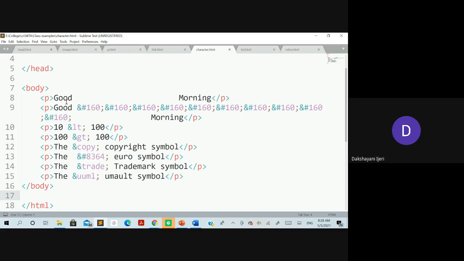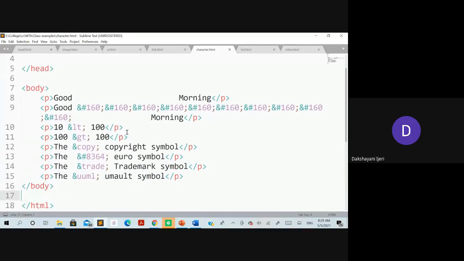In that case, one way is to use either the entity number or the entity name. Here I have taken the entity number. How many times you have to use the entity number depends on the number of spaces that you want to leave between these two words; that many notations you need to cover here. You can see here between good and morning, I have included 1 2 3 4 5 6 7 8 9 and 10 entity numbers. So this is going to reserve 10 spaces between good and morning here.